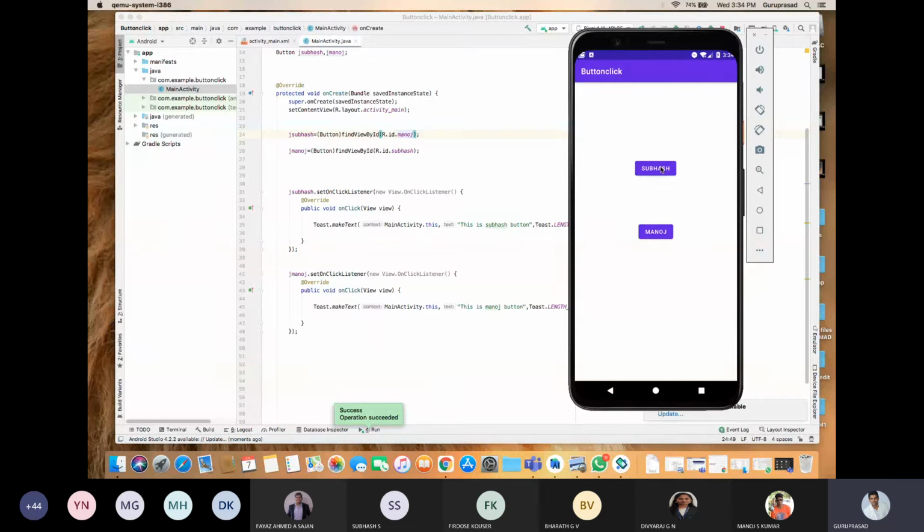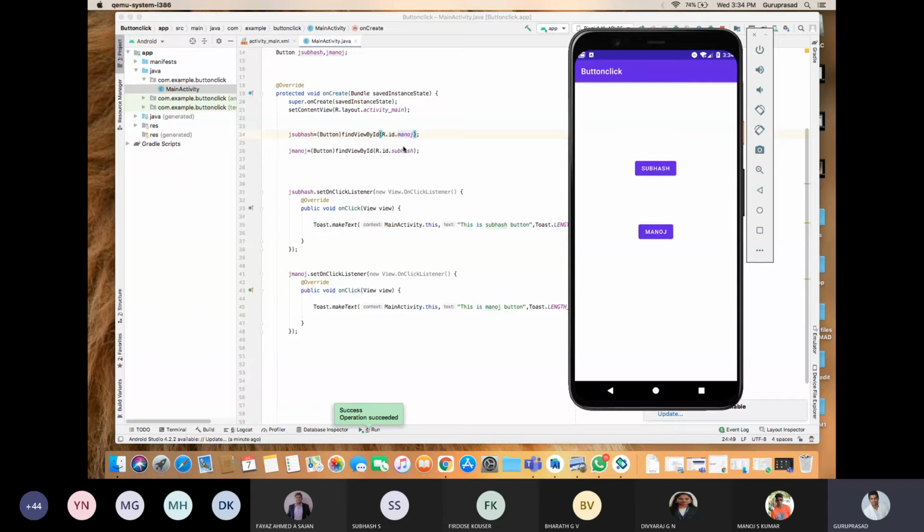When I press Subhash, it is showing this is Manoj button. Did you get the importance of ID? Did you get the importance of ID integration with the Java? The front end should be integrated properly with the backend. Yes, sir, integrated. Subhash, are you online? Yes, sir. I am pressing Subhash. It is showing this is Manoj button. Why is it showing Manoj button?